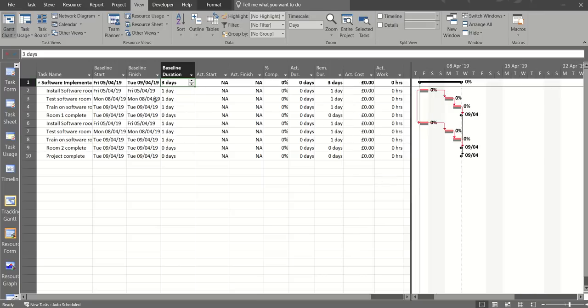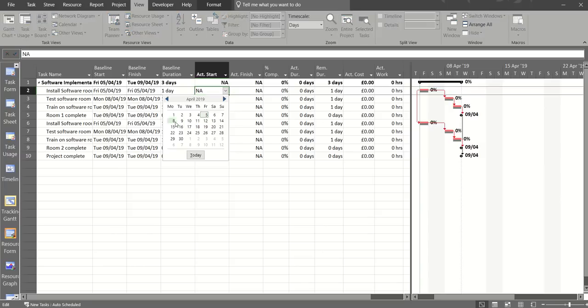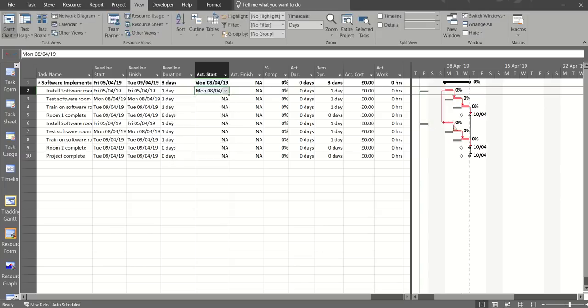So this is how you do it. It's not the only place to do this, but it's what I prefer. If you say this is supposed to start on Friday, let's say this is delayed straight away, so it didn't start on Friday, it started on Monday. As soon as you do that, your plan moves off the initial baseline, you can see that. And I try and advise people not to use the percentage complete option, because if you just go 10, 15, 20, 50% complete all the time and then 100% complete,